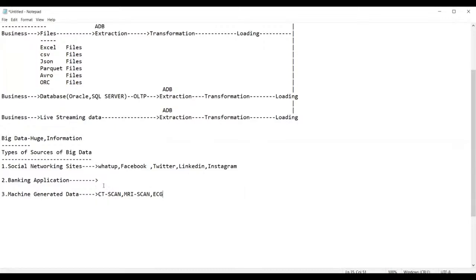That means a massive amount. The CT scan machine generates a very massive amount of data. So that is nothing but what we call machine generated data. Any machine which generates data, the data is called machine generated data. That's it. Then afterwards,